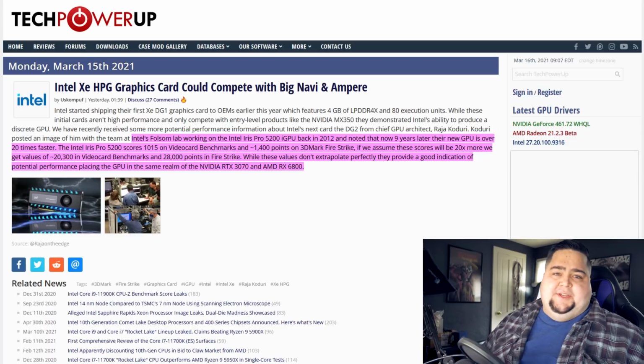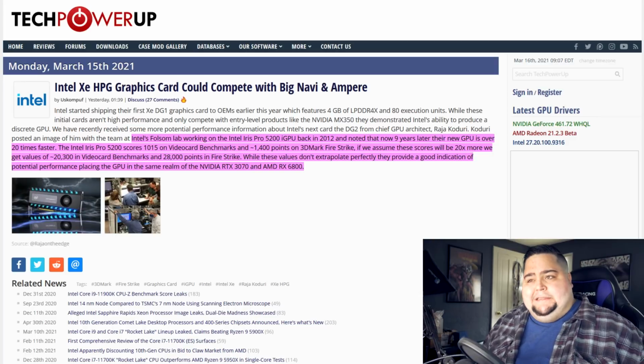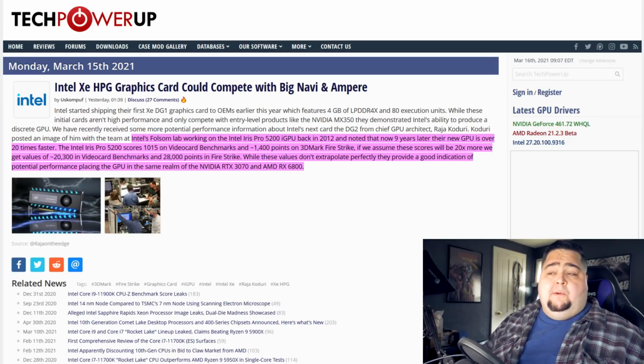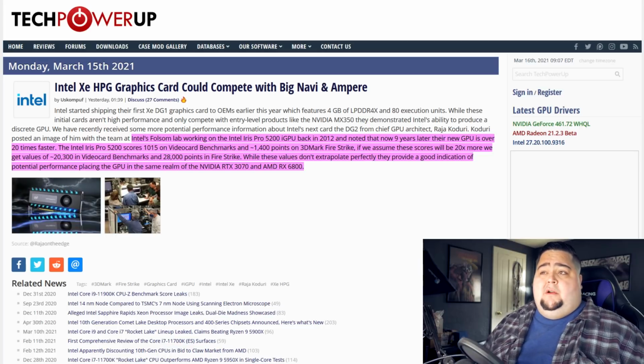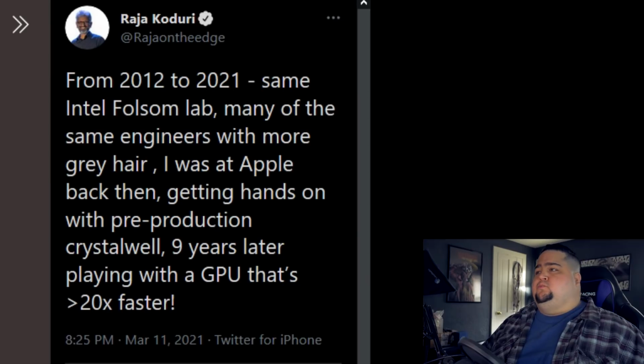So yeah, we'll have to wait and see if the pandemic has caused any issues there with when Intel is planning to release their discrete desktop GPUs onto the market. But now we've got a little bit of a look at what type of performance we could maybe expect on their high-end card, which seems to land it somewhere between the RTX 3070 and the RX 6800, because Raja Koduri